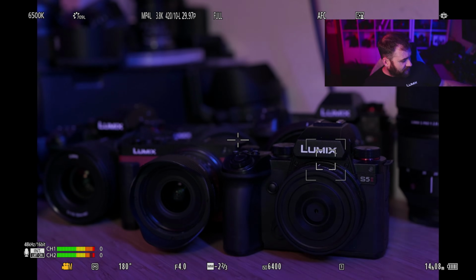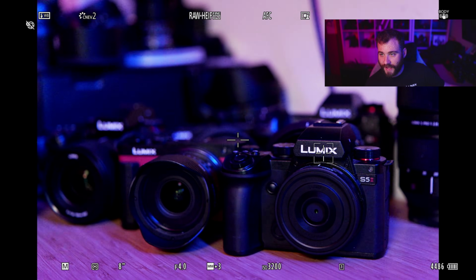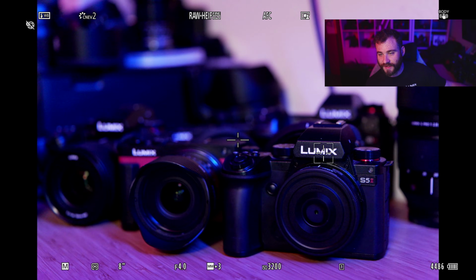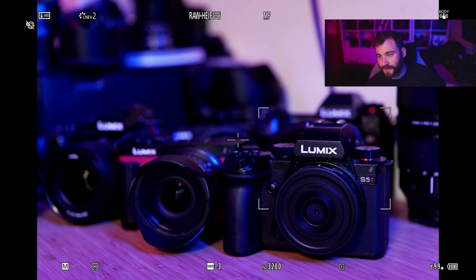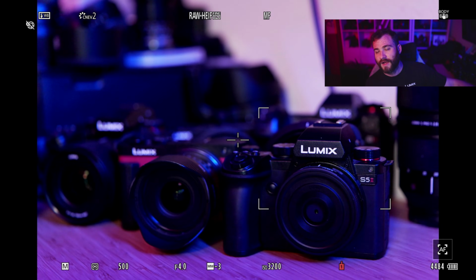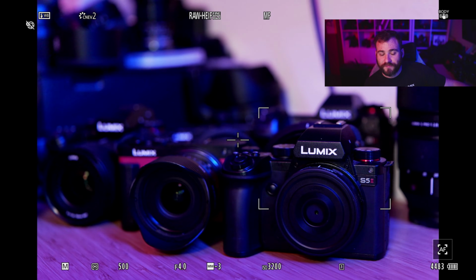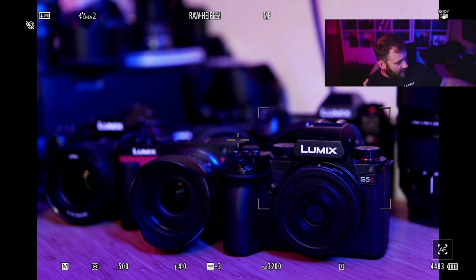So I'm just going to format the card that I just put in here. Let's switch to photo, and let's grab a couple images here. We're going to change this. These are going to be terrible. All right, I just took a bunch of photos. If I go into playback and we start reviewing those images, a couple things to keep in mind is right above